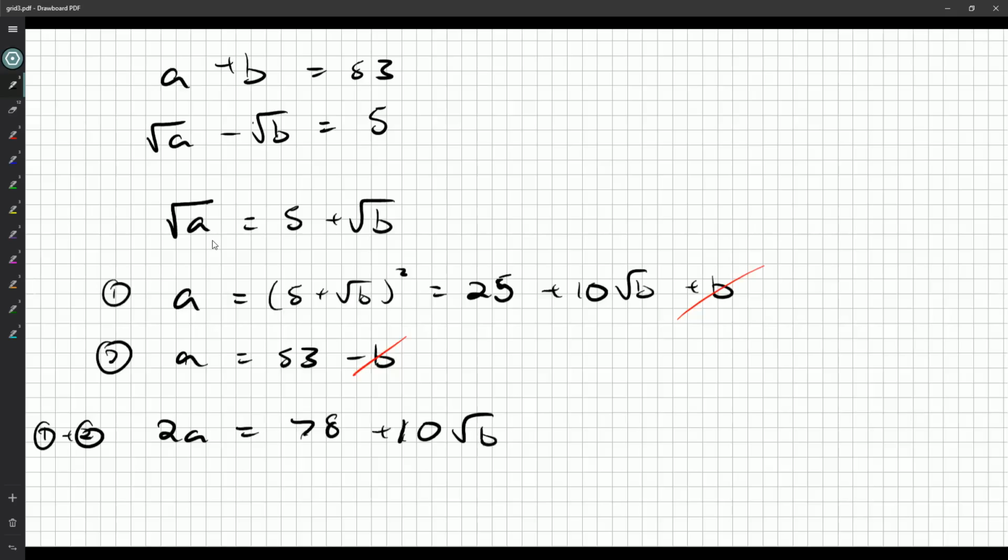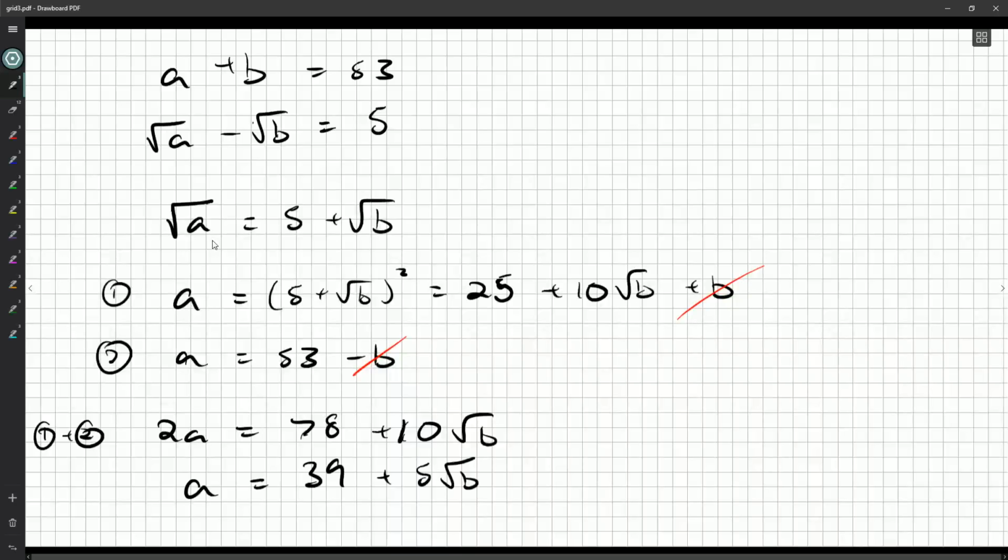Okay, I think we could... Well, first of all, let's divide by 2. 78 divided by 2 is 39. Plus 5 root B. Let's bring everything over to the other side. So A minus 39